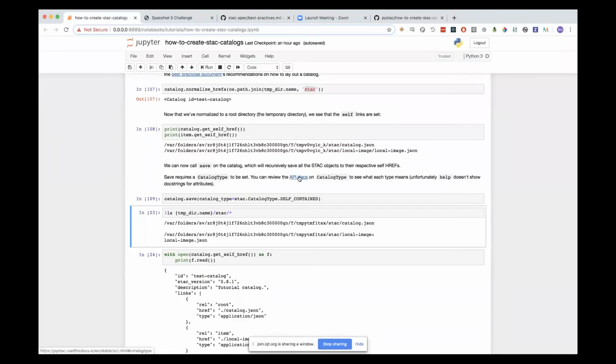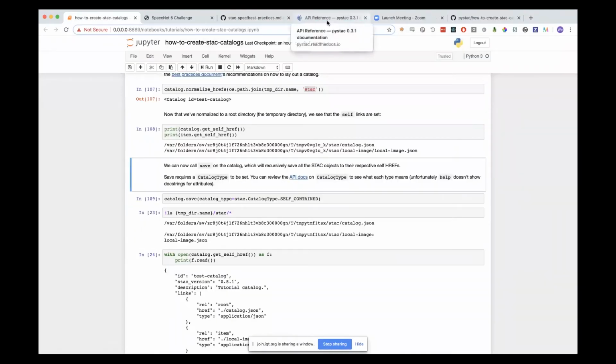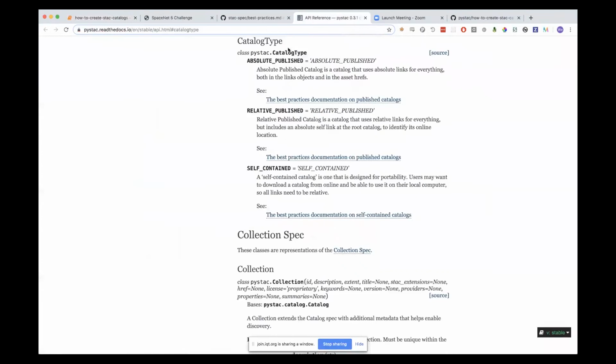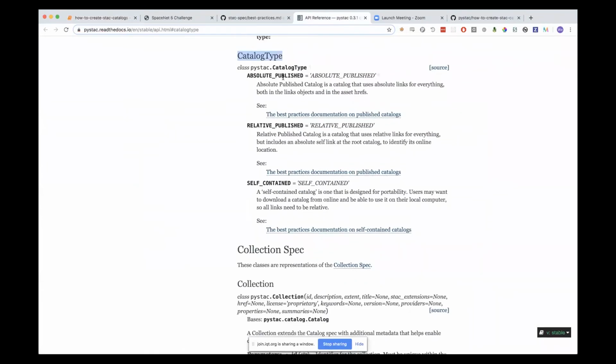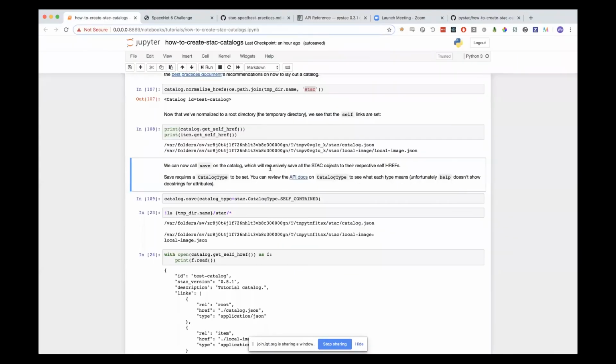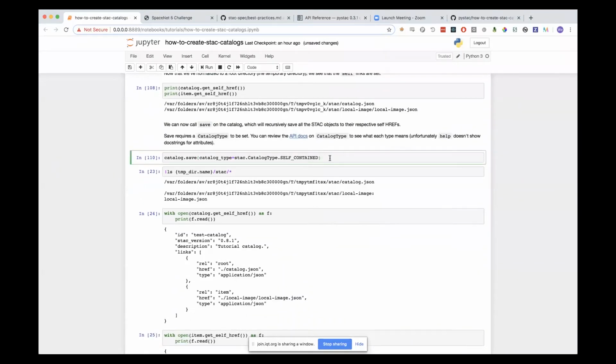I point in here to the API docs. Unfortunately, you can't do a help on an attribute in PyDocs, but anyway, the catalog type gives you a cheat sheet of what these things mean, and points to the best practices document about what each of those mean. So here we save it as a self-contained catalog, right? So all the links will be saved as relative links and no self